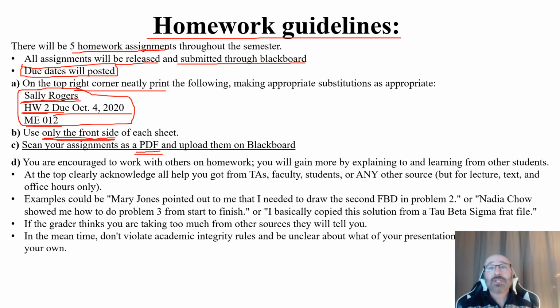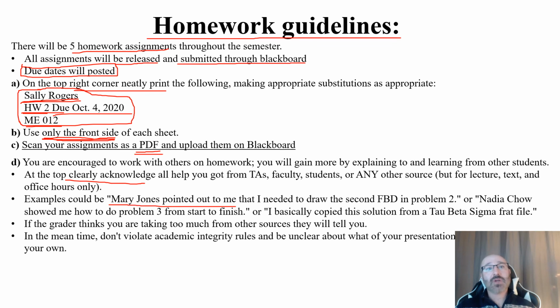Now, with that being said, I don't want anybody just copying other people's work and putting their name on it. So please, within any problems where you utilize help from your classmates, me, the TA, whatever it is, clearly acknowledge the help that you got. So you can put it in,